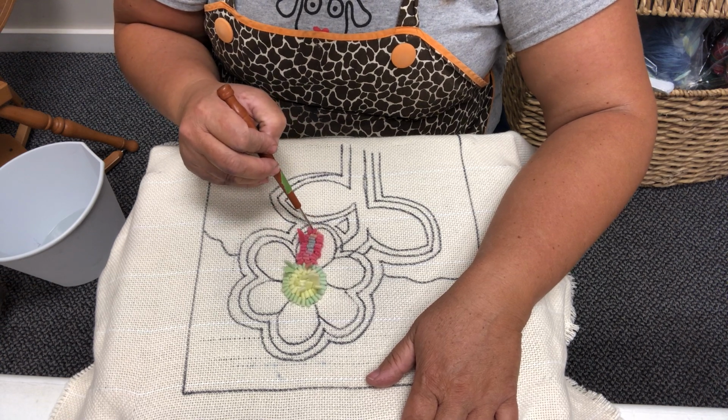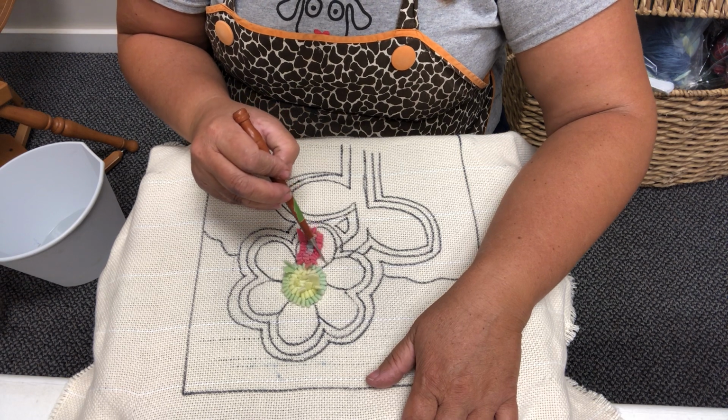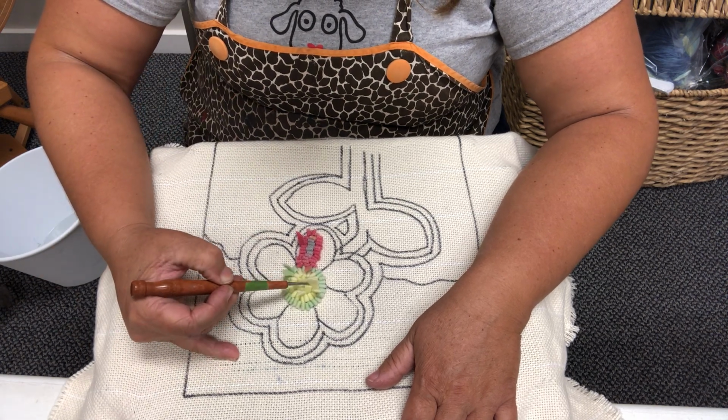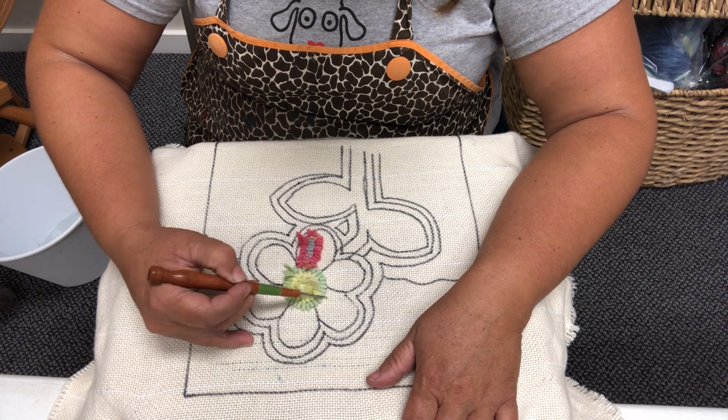around here, and when I get to the point where this is filled in, I'm gonna stop and turn and come back this way. So that's how you're gonna make your petal. And since you already know how to follow an outline, when you're done making each individual petal, so you start from the center and come back